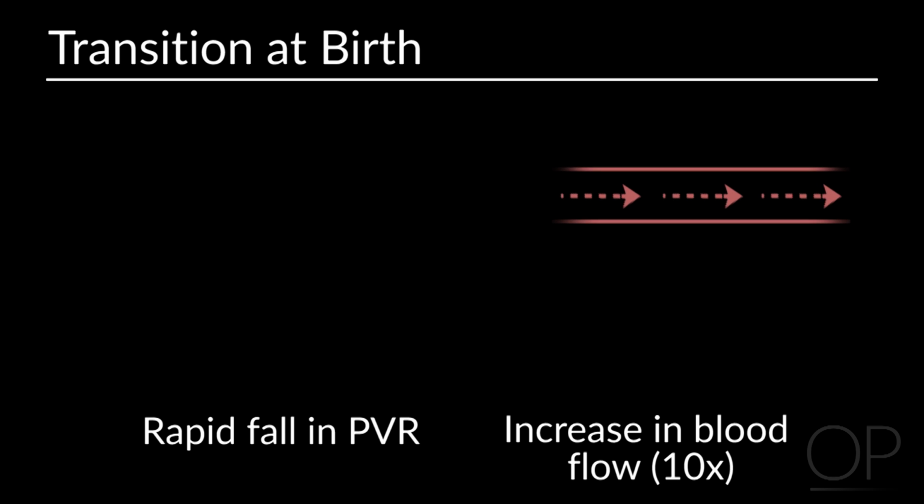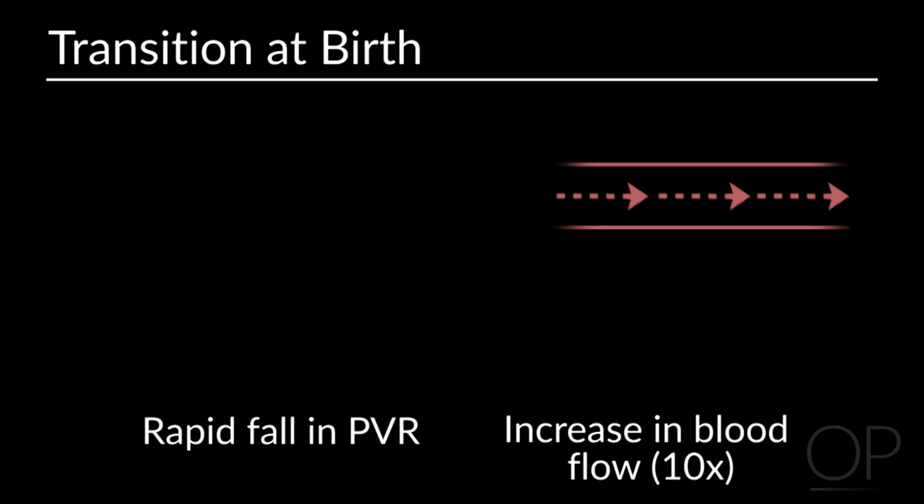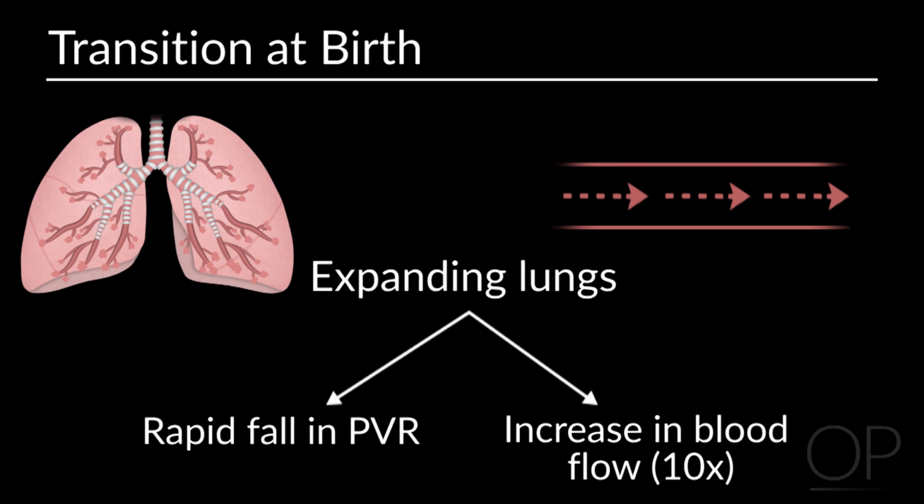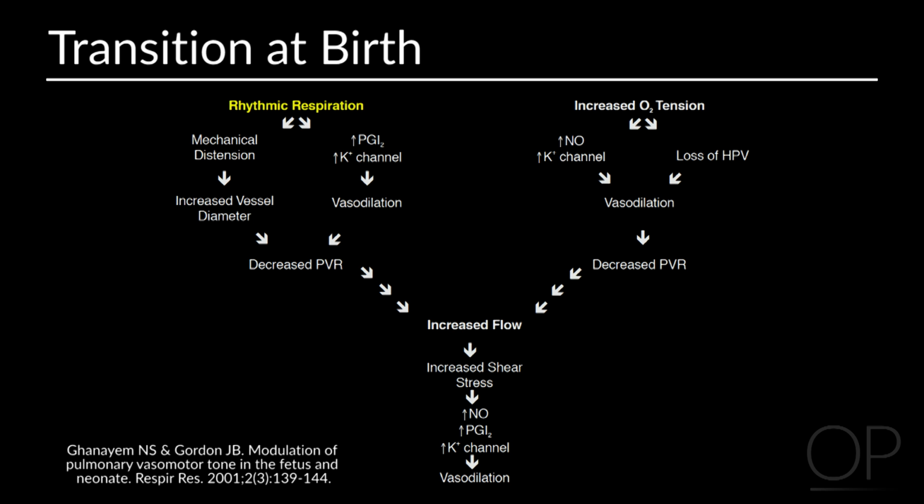During the transition at birth, there is a rapid fall in pulmonary vascular resistance with an increase in flow of 10-folds. This is due to the fact that the lungs become distended, but also because the rhythmic respiration, the increased oxygen tension in blood, and the increase of flow through the lungs with the increase in shear stress stimulate the production of nitric oxide and prostaglandins, and they also activate potassium channels which have a direct vasodilatory effect on